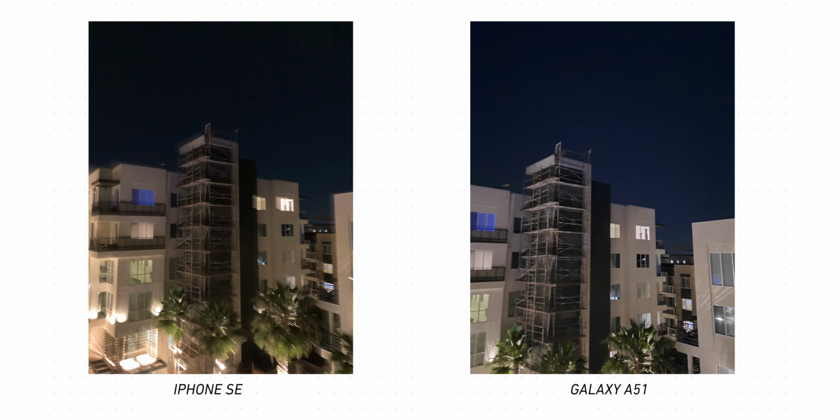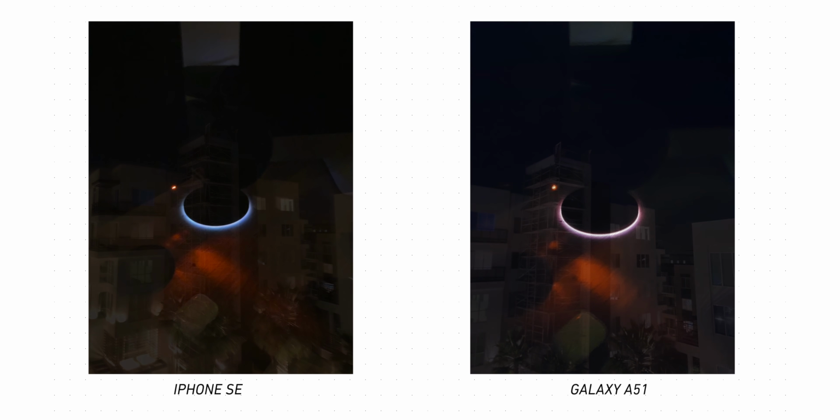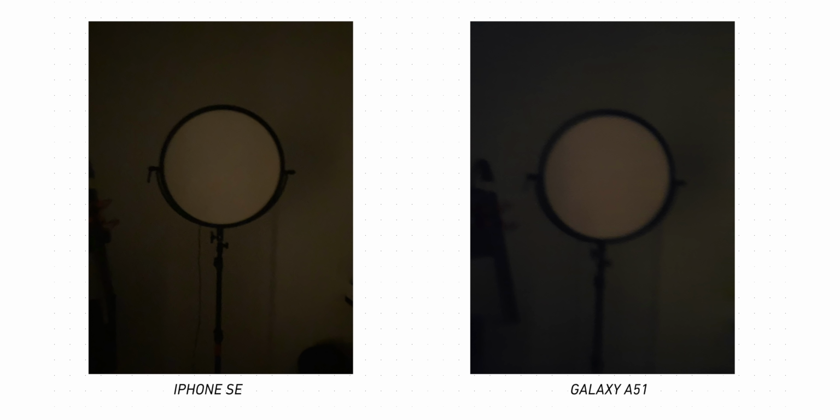even if the object was kind of hard to keep in focus. And another area where maybe the whole story isn't told just on paper, you'll see the A51 has a night mode, whereas the iPhone SE does not have Apple's night mode. So you would assume the edge would clearly go to Samsung here. In like the night mode situations though, even where night mode was turned on, both phones performed pretty equally, and that is to say, equally bad. If I had to give an edge to one, I'd probably even say the SE could get better focus. The A51 really struggled, even with that night mode, but both of these phones are almost useless in night mode